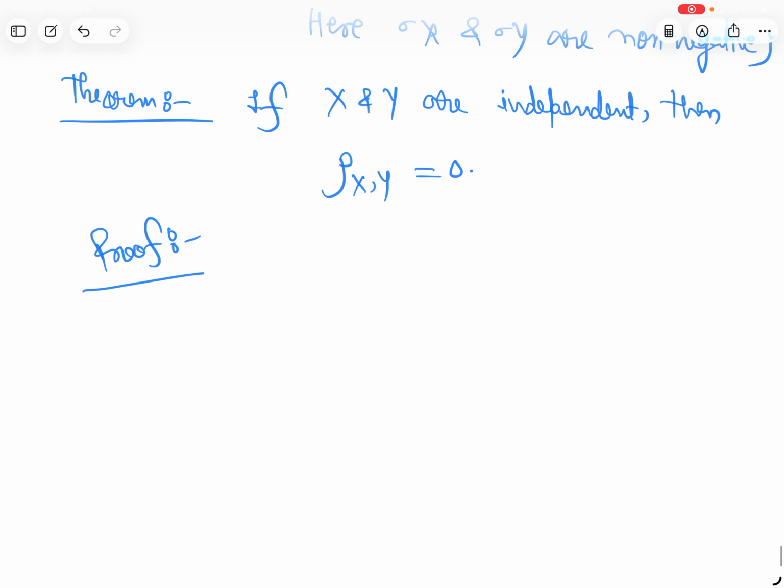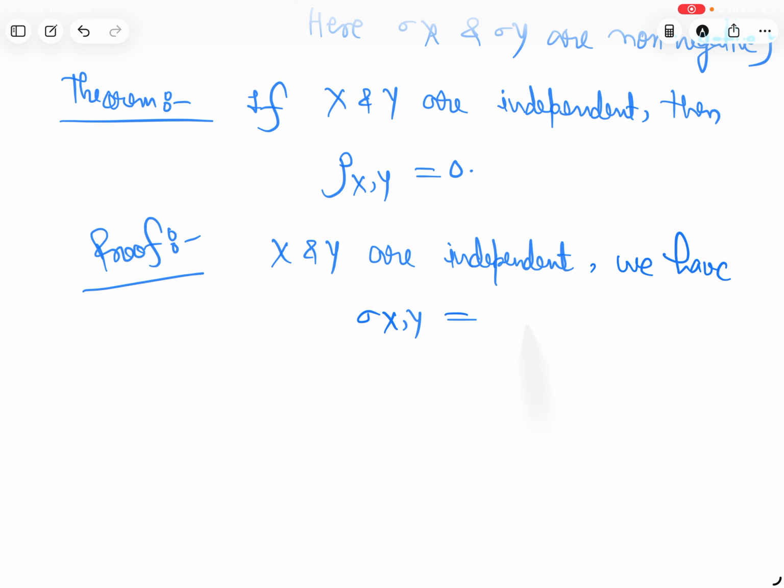If X and Y are independent, we have covariance of XY always zero, because we have seen that if X and Y are independent, they are uncorrelated. It means covariance is zero. So this implies rho XY is equal to